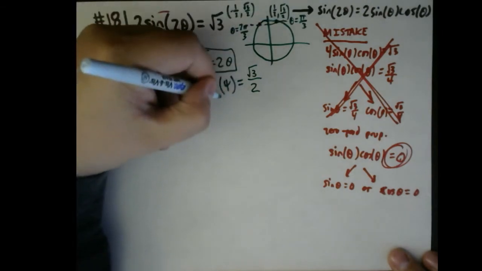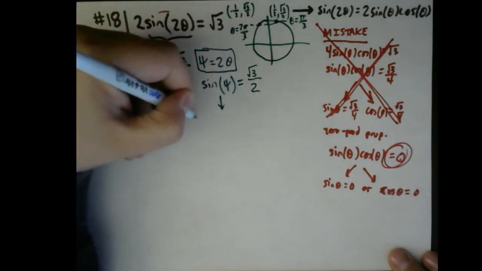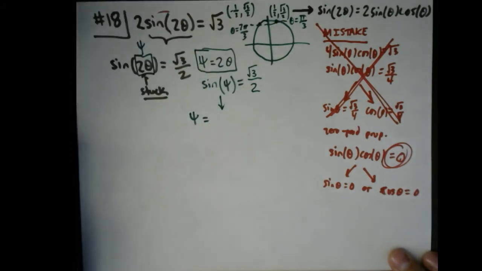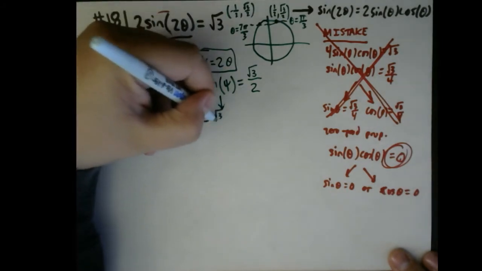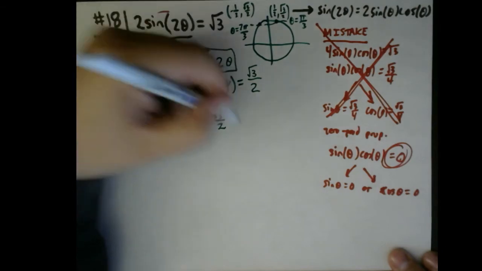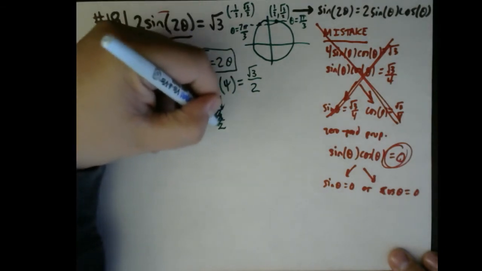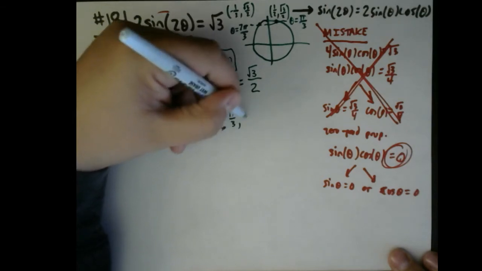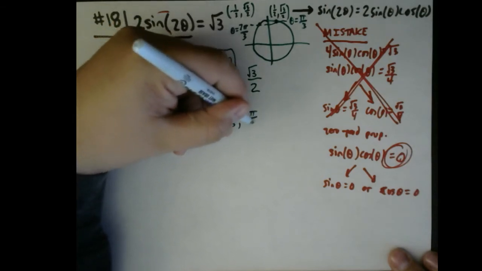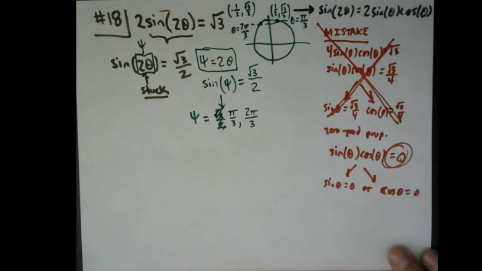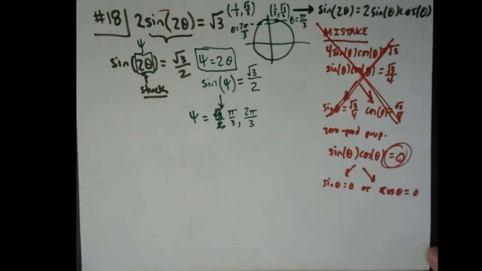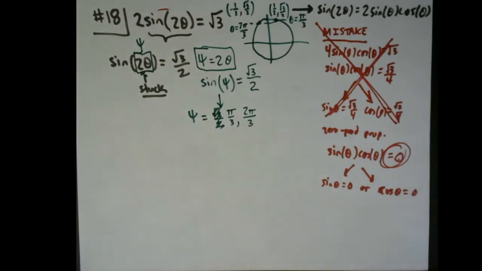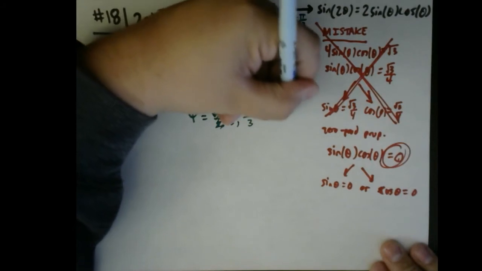So we can say, just like before, psi is, sorry, not root 3 over 2, it's the angle. So it's pi over 3 and 2 pi over 3. Well, we can almost do that. This is where the fact that there's infinitely many solutions actually comes into play. These are solutions,